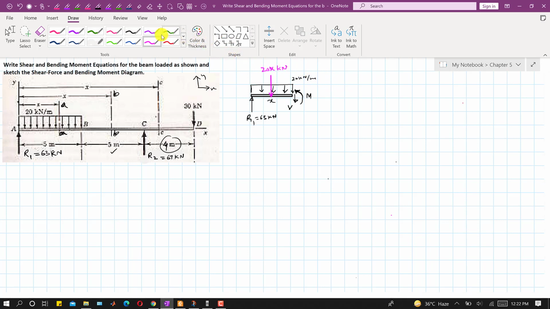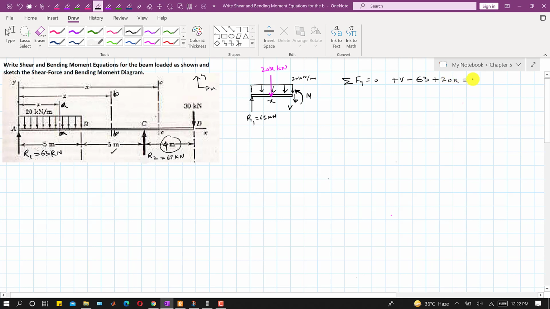So now if I apply the summation of forces along y equals to 0 for this section, which is between point A and B, this is the positive convention for the shear force and bending moment. So we will consider these as the positive directions, right? This means that shear force is acting vertically downward, so this is the positive direction, so I will write plus V. This R1 is acting in the negative direction, so I will write minus R1, and R1 magnitude is 63, and this is acting in the positive direction, so I will write plus